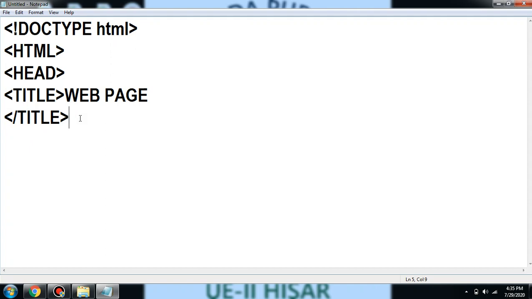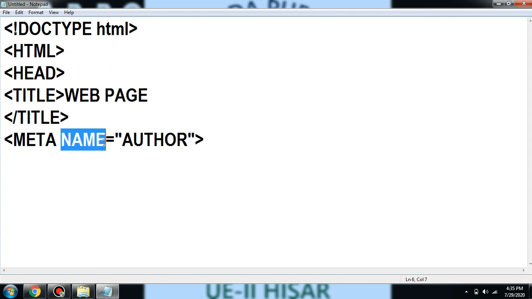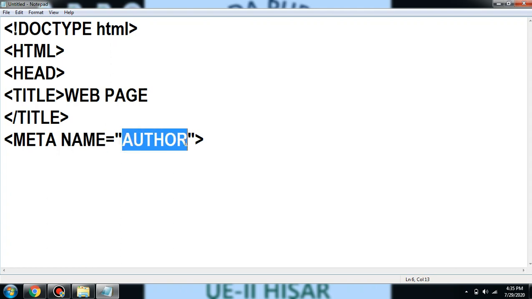Now we are using another tag, that is the meta tag. In the meta tag we can write some more description, like here we can write the name of the author. So name is the attribute and author is the value of this attribute.